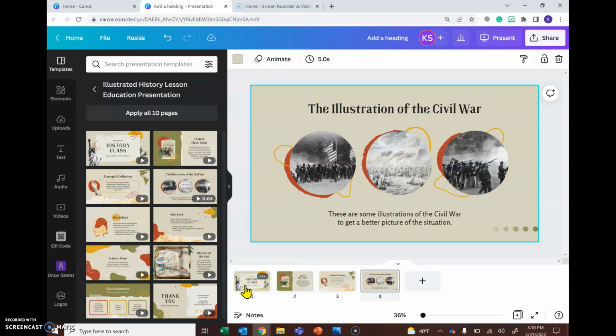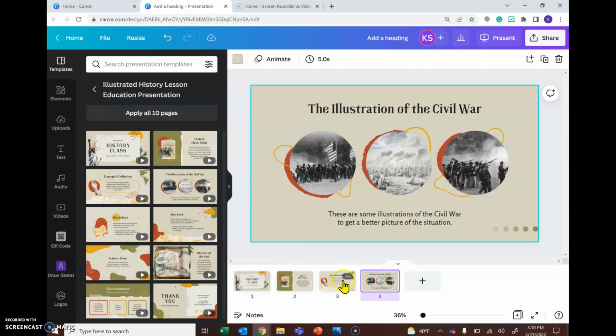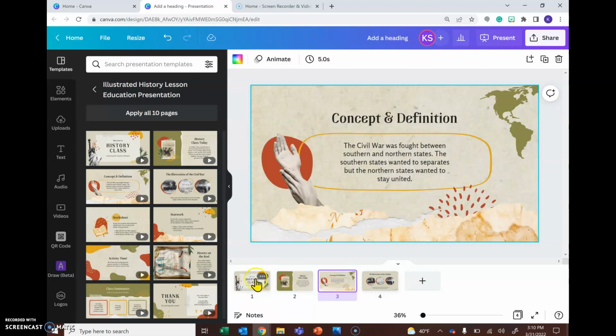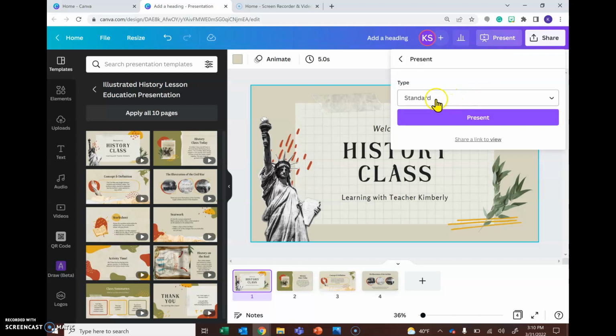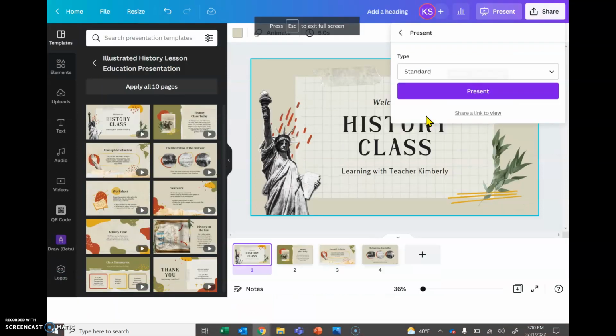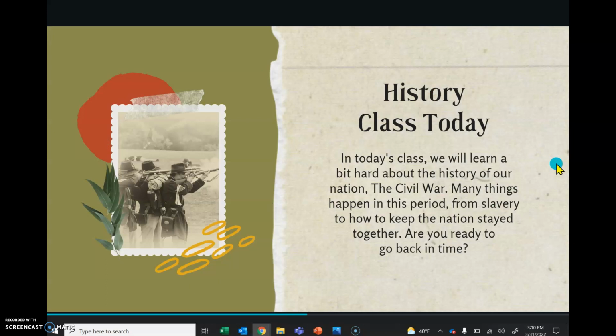So once my Canva document is open, I can start it on any slide that I want, but whatever slide is selected is the slide that my presentation will start on. So most of the time you want to go back to the first slide and then come up here to the top right, go to present, make sure it's on standard for the type, and then hit that purple present button again. So now you have your presentation up,